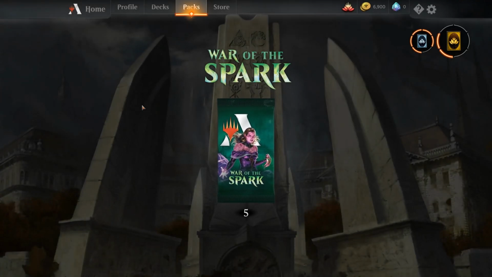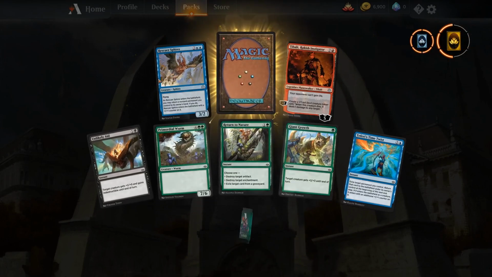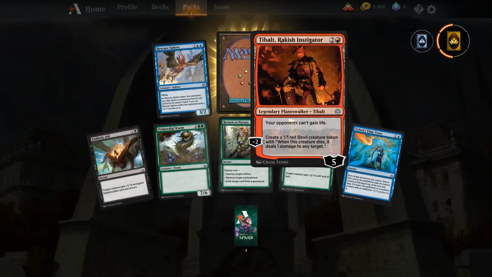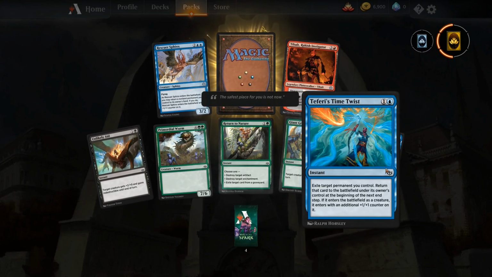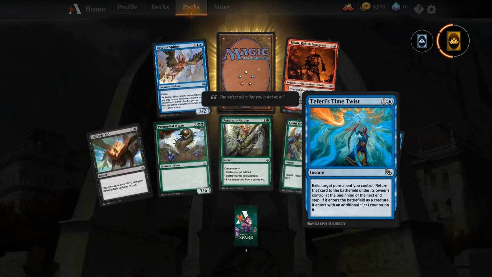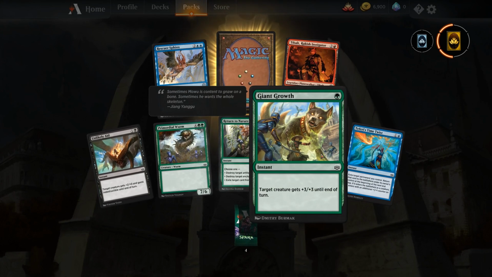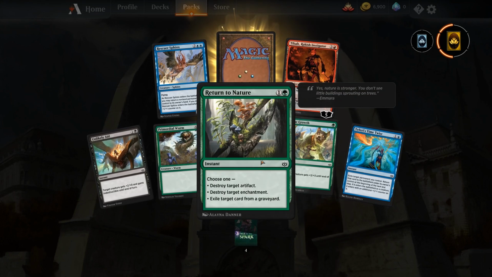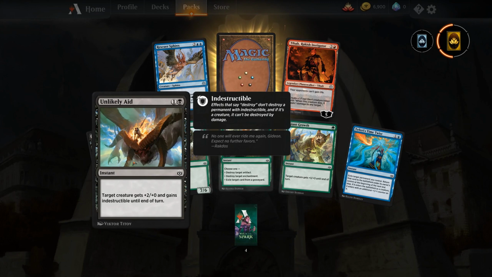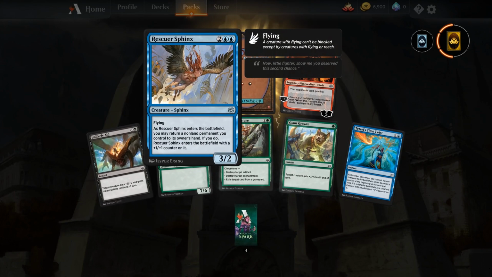And now we're at our 5-packs. Okay, War of the Spark. Most recent set. We're going to start getting some Planeswalkers, too. Let's see. We got a bounce effect that can protect our cards, and we have a different Arts of Giant Growth, the card that killed us in a game earlier. Some sideboard material, some commons, some decent art. Rescuer Sphinx is...